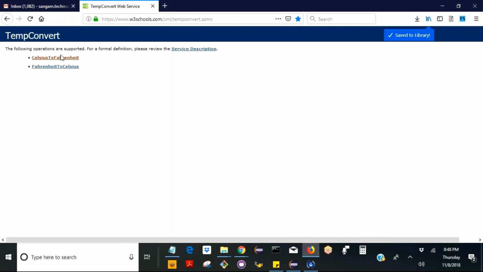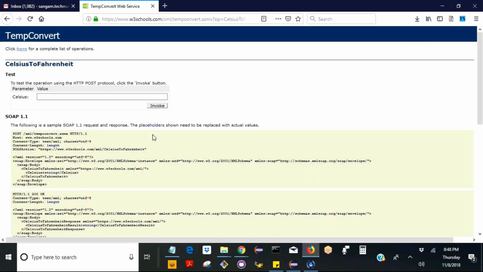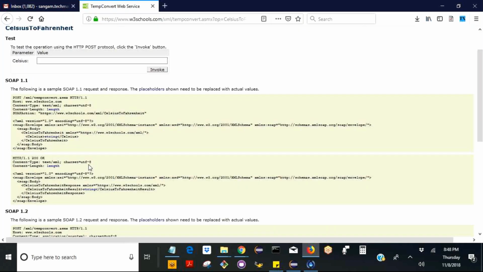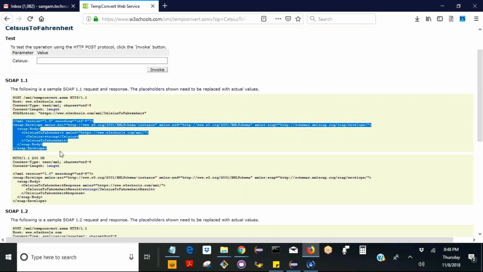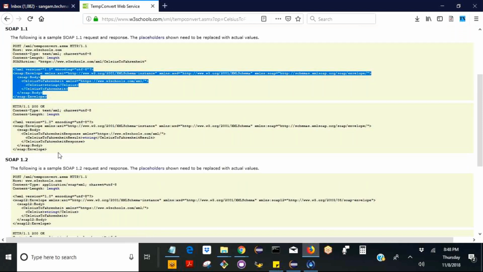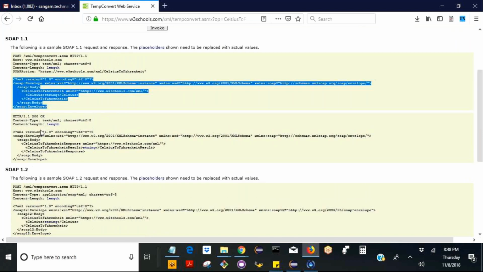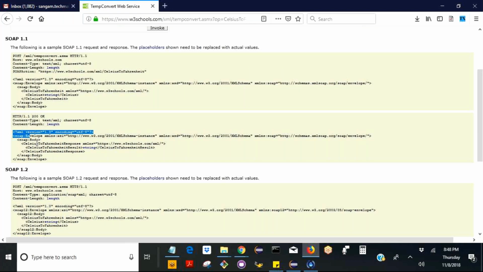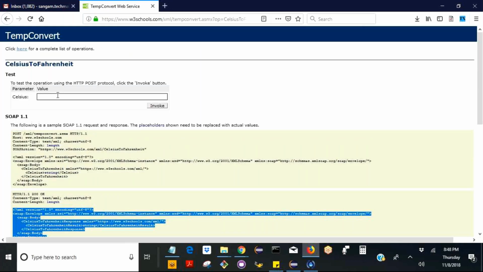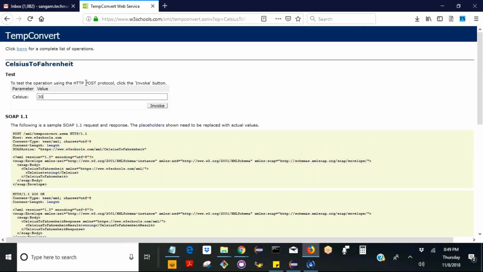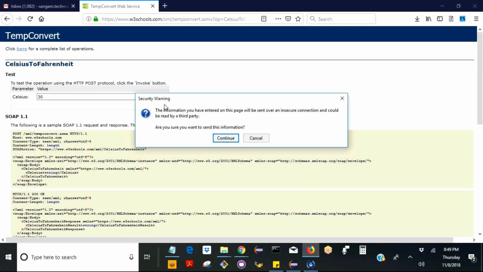If I provide temperature in centigrade, it will convert and fetch me the corresponding Fahrenheit value. So this is how the SOAP UI SOAP XML looks like, with request and response. If I say 30 degrees centigrade and invoke it,